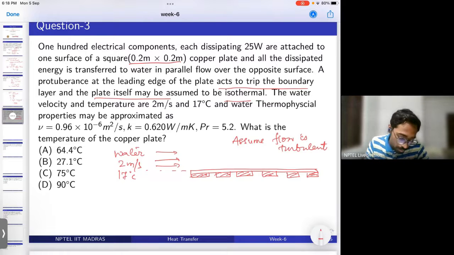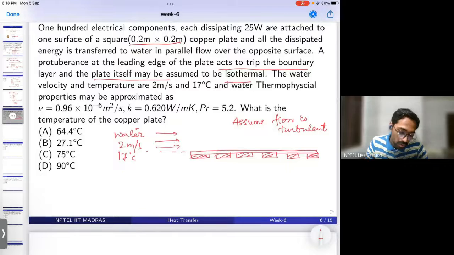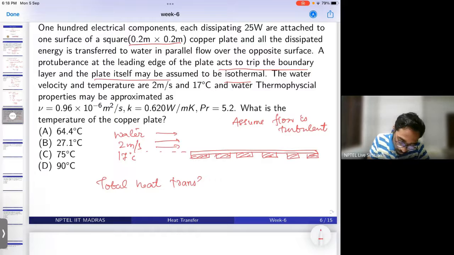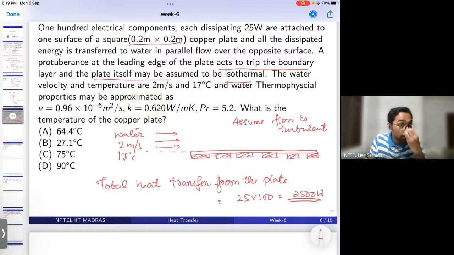Here we are also told that the plate is isothermal. So we need to find out what is the total heat transfer from the plate. This is 25 watts and 100 components, that is 2500 watt is the total heat transfer that is taking place from the plate. So heat flux,